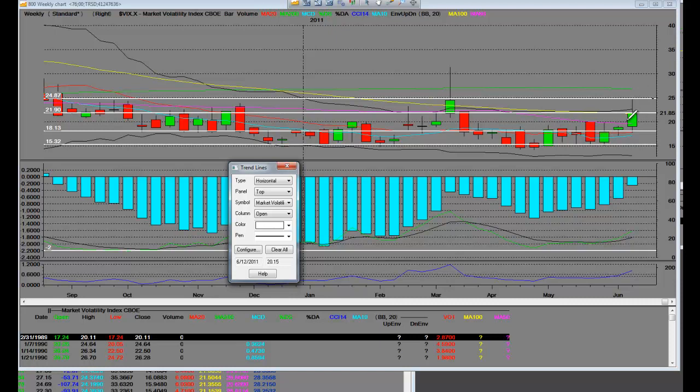But notice that for 1 week, 2 weeks, 3, 4, 5, 6, 7, this is where we called the top of the markets right here. Then you have the big spike like you always do, and you pull back and you test it over here. So for 3 weeks there was indecision between the bull and the bear right here. They didn't know what to think, because they didn't. Even though we peaked in the fear, it came right back down, but it never broke that support, and you've had a lagging 3-week breakout. So you need to know that there were 3 weeks they didn't know what to do after this first big up move. Then, bam,